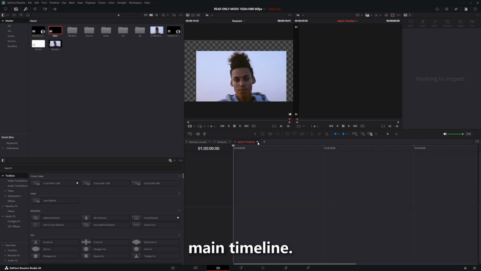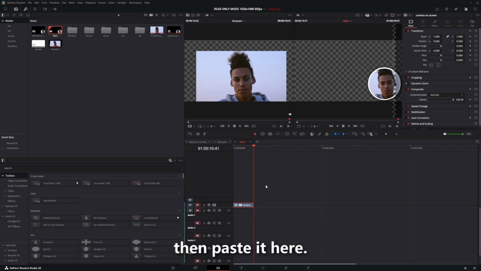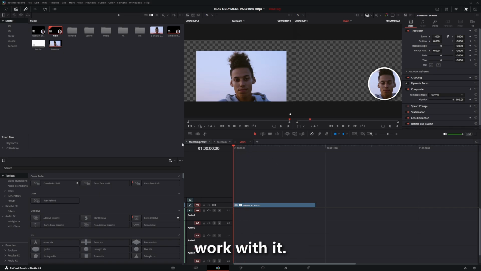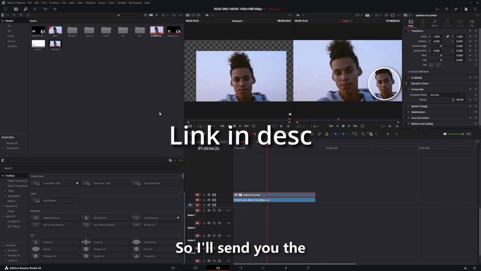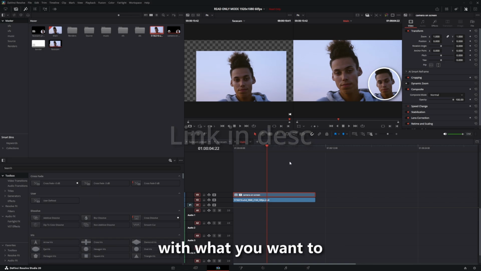Open our main timeline. We can copy this and then paste it here, and now we can work with it. And then we can have our background footage, which is this or whatever we want. So I'll send you the DaVinci Resolve timeline as a file so you can get on with what you want to get on with, and